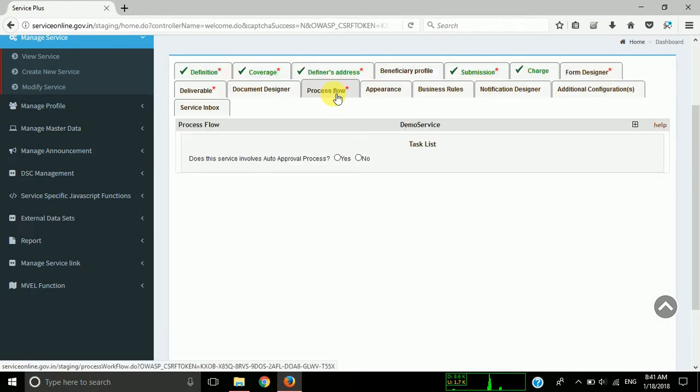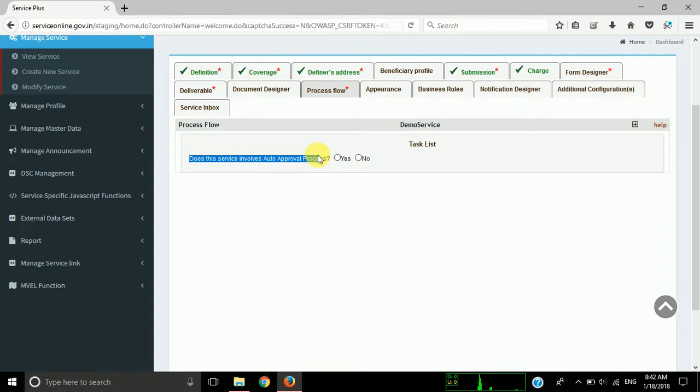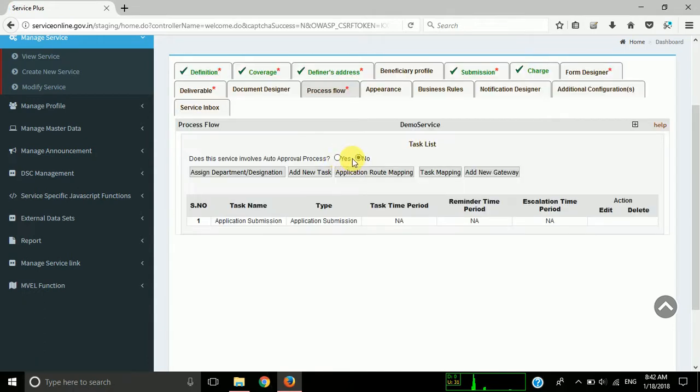So a process flow is what will happen if a person submits the form, or the complete routing of the form or the application that is being submitted by a citizen. First, the task list is asking, does this involve an auto approval process? Like the moment you submit your form, your application is approved. It is generally not there. So I'll say no. If you put yes, then this will also allow you to assign the department